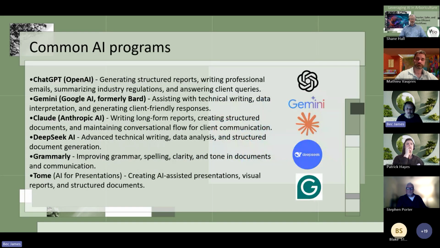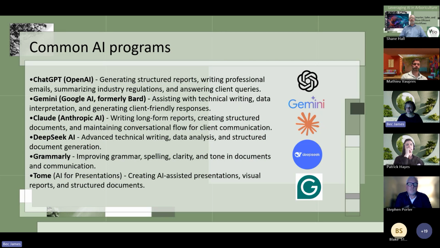Now, some of the common AI programs that are on the market, ChatGPT, pretty useful for generating structured reports, professional writing, summarising information and regulations. Google released its own AI, which was formerly called Bard. It's now called Gemini.